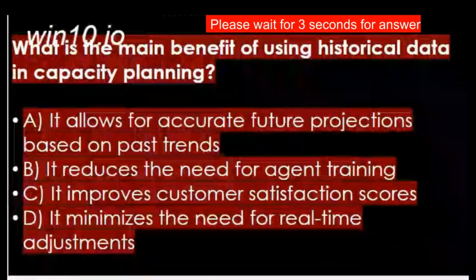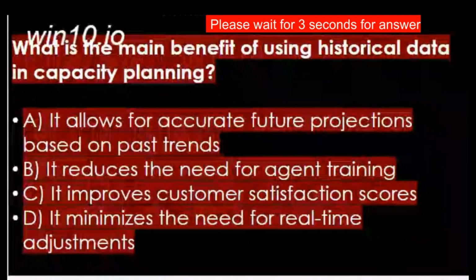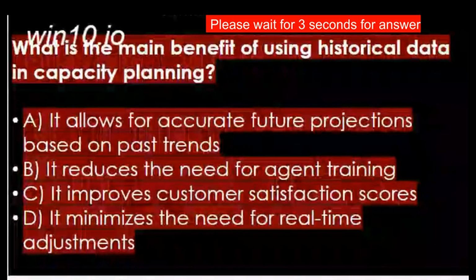Correct answer for this question is option A. It allows for accurate future projections based on past trends. The main benefit of using historical data in capacity planning is to get the idea of what kind of call volume or call arrival pattern we had in the past, that will help us to get the accurate future projection based